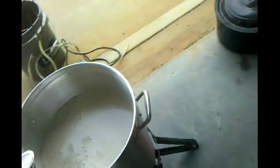So the schedule is 1 ounce at 60 minutes, 1 ounce at 15, 1 ounce at 5, 1 ounce at 1. And then it says ½ ounce, but I'll probably go ahead and do the whole ounce for 5 days of dry hopping once it goes into the secondary. So, hops go into hop bag, and